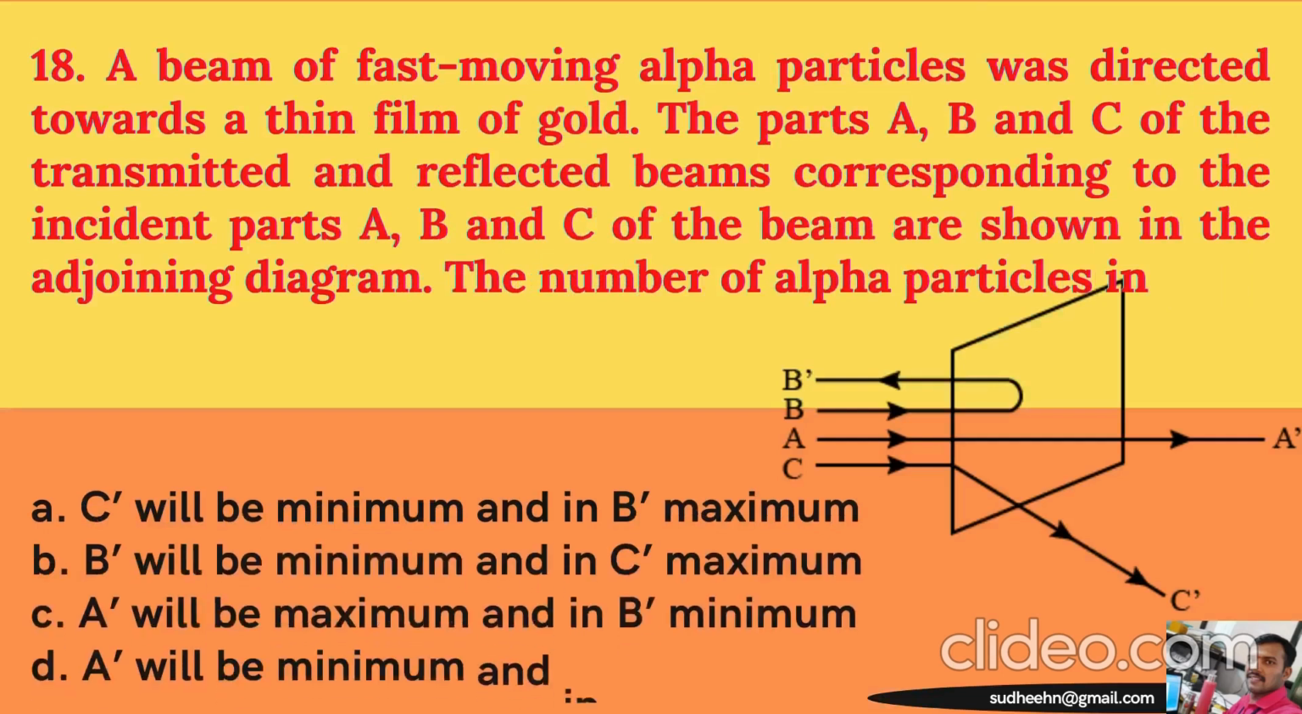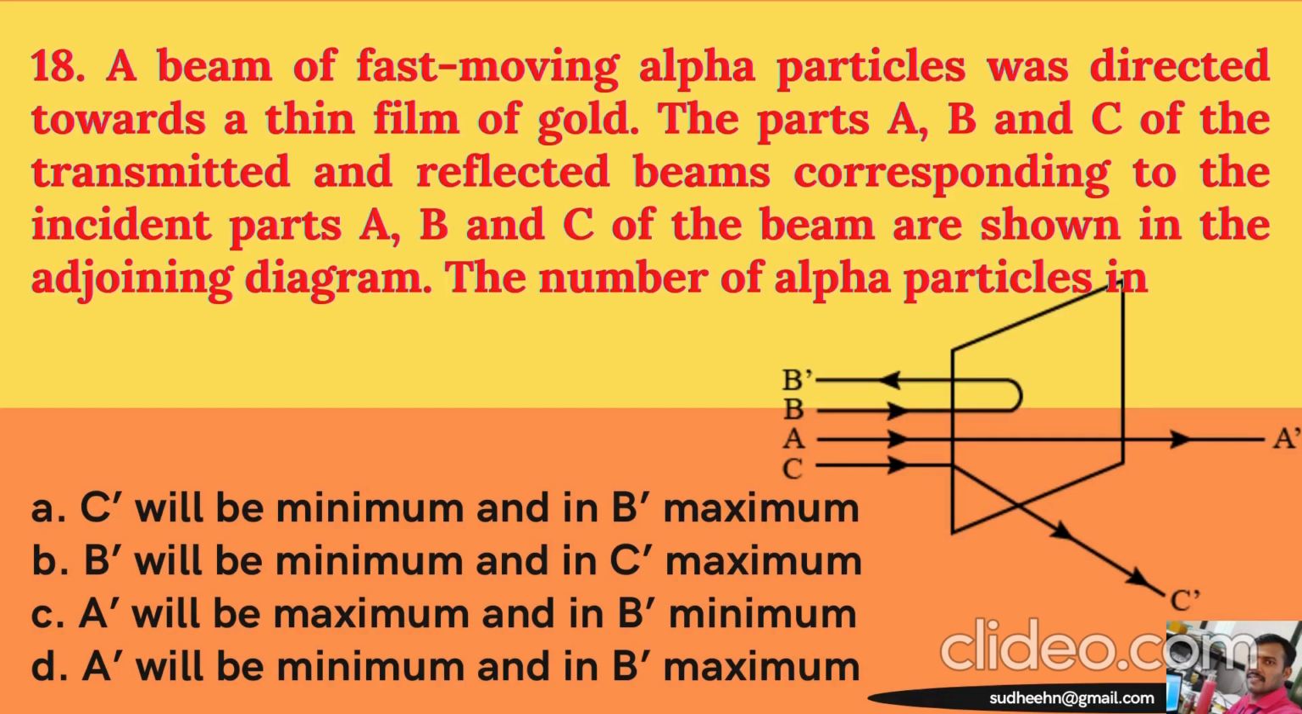Next question number is 18. A beam of fast moving alpha particles was directed towards a thin film of gold. The parts A, B and C of the transmitted and reflected beams corresponding to the incident parts A, B and C of the beam are shown in the adjoining diagram. The number of alpha particles, in the various options given: